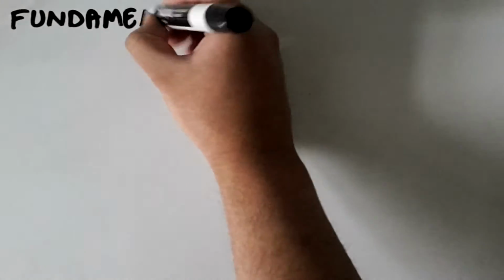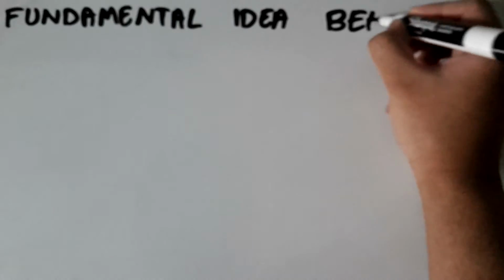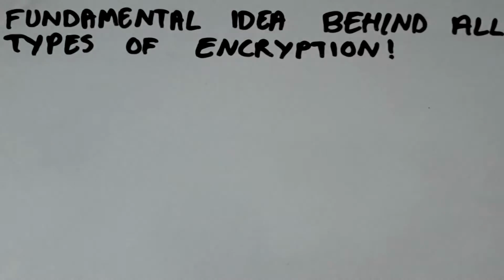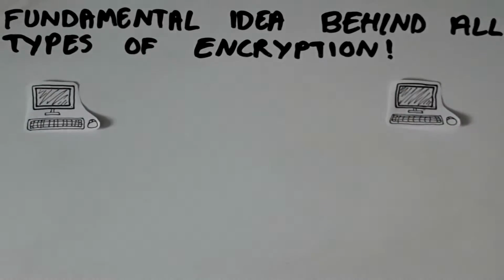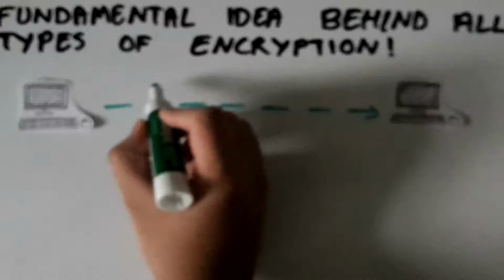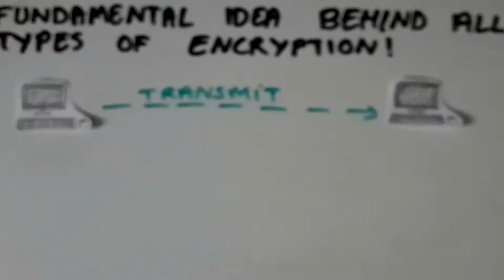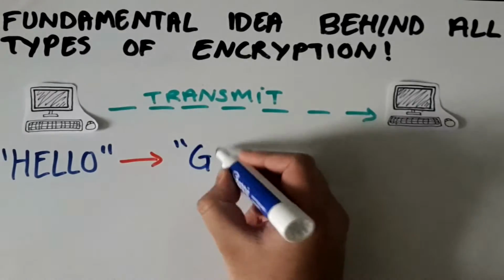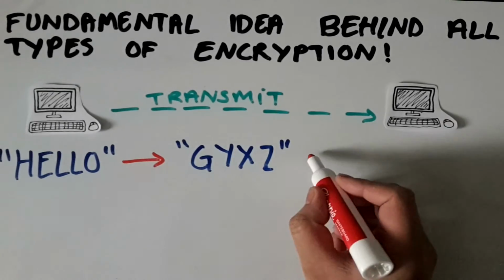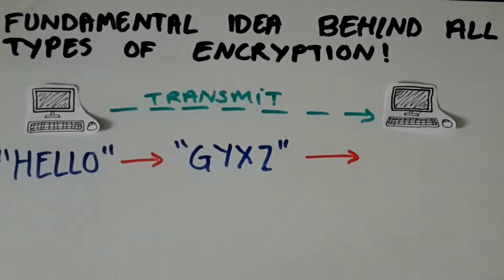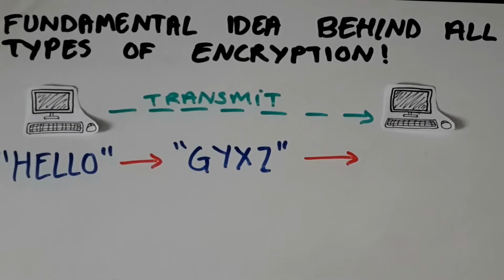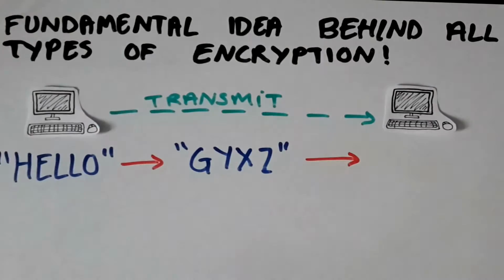So firstly, we need to get our heads around the basic idea of encryption. There are many ways of encrypting data and many that are hugely complex. However, there is a fundamental idea behind all types of encryption, and it's quite simple. When you transfer encrypted information, your computer converts the data into unintelligible gibberish. For example, text being converted from hello to GYXZ. This now nonsensical text is known as ciphertext, the result of